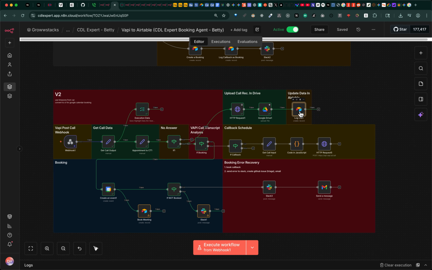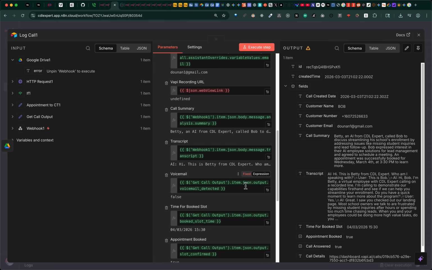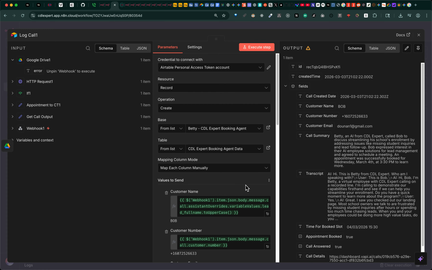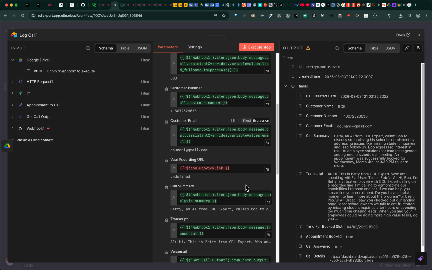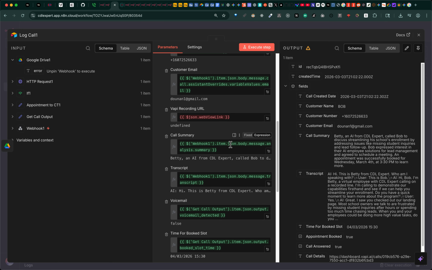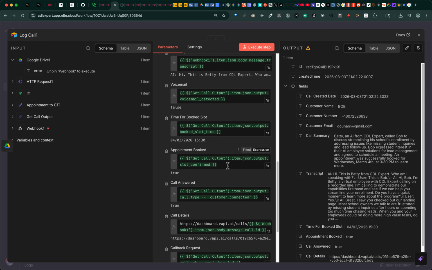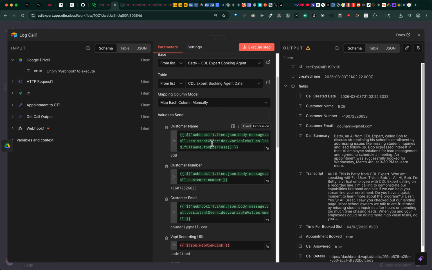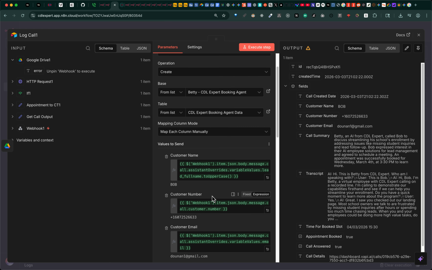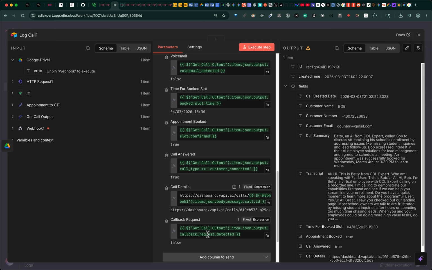So just to show you the workflow we have for cloning, every single one of these nodes basically, if there's data that's custom, that's for just that school. For example, here for Betty, we have some fields that are shared, like customer name, number, email. But then we also have some fields that might just be used for Betty, and this configuration is what takes